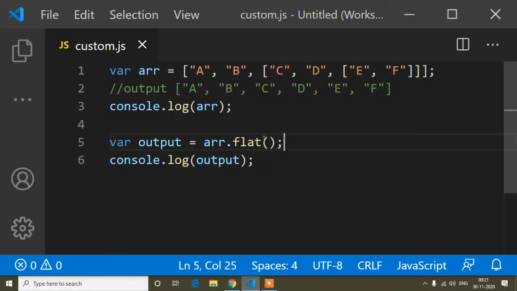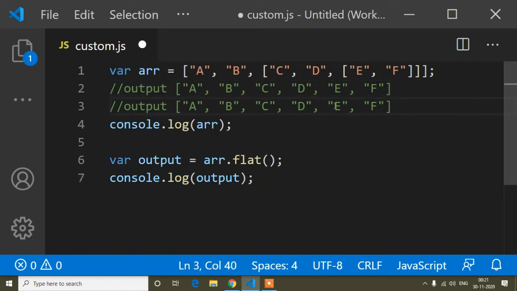So I got the output like this, so I will copy this one and here it creates another sub array, because I have used one flat method. One flat method creates the array with this sub array flattened, so this sub array is still there. So if I use dot flat again,